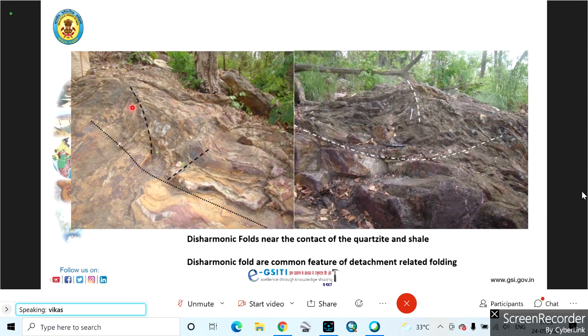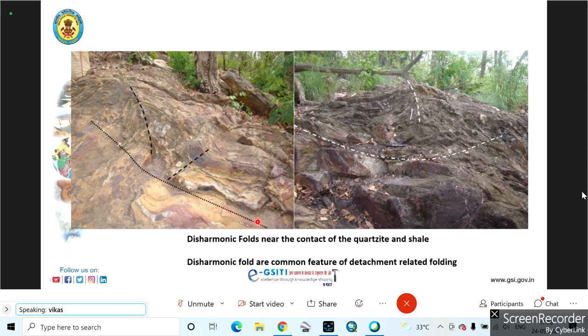One is dipping towards the right side, the left one is dipping towards the right side. The right side fold is actually dipping towards the left side. The axial plane I'm talking about. And you also see the tightness of the fold. Then there is another dotted line I have shown you. Beyond this, the bottom rocks are not at all folded. They're all undeformed.